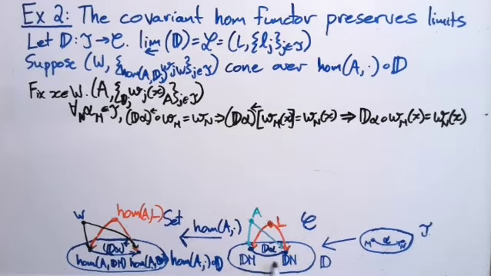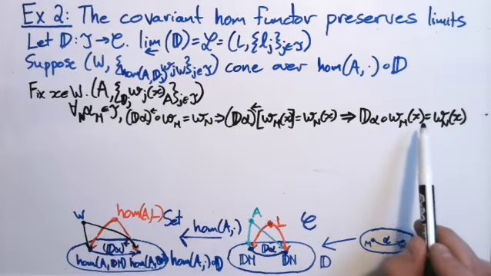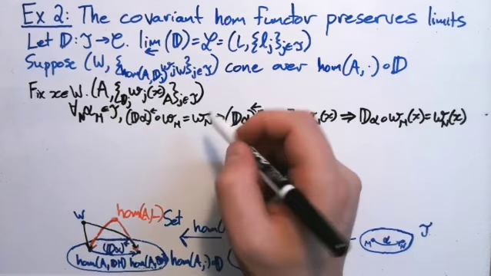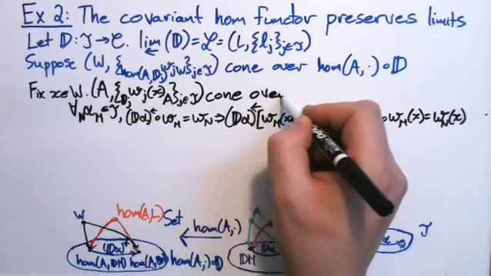Any of these D alphas commute with all of the Wm of the X specifically that we're talking about in this collection. So this is a cone over D